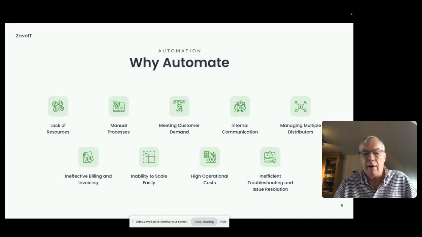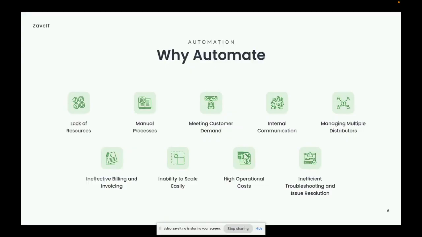So why automate? Today we live in a world where automation is not a luxury, it's a necessity, especially in the fast-paced domain of where you guys are of selling IT equipment. IT automation has been around for such a long time, so why is it only now that when it comes to making technology investments in 2024, automation is seen as one of the clearest emerging and thus hot IT categories?